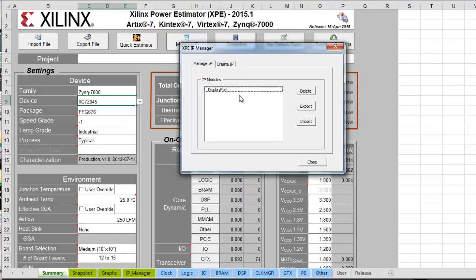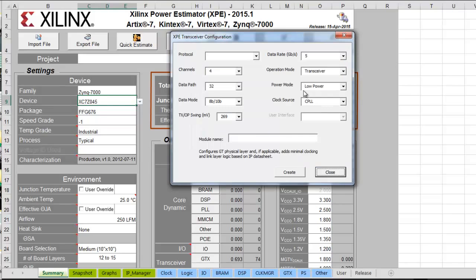You'll see Manage IP. This will show you the transceiver that you've already created. You can come in here, you can delete it, or import another one, or export this to another file. Let's create another transceiver interface. This time let's do Ethernet interface, 2.5 gigabits per second, and we've got 4 channels left, so I'm going to do 4 channels here. When you click Create, that will add that